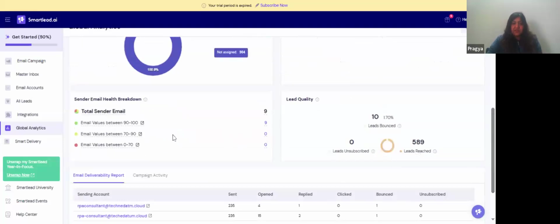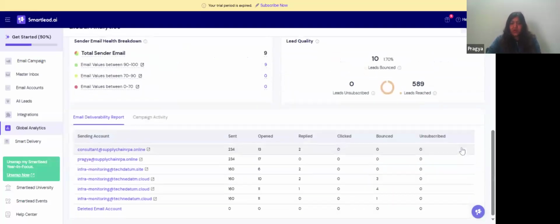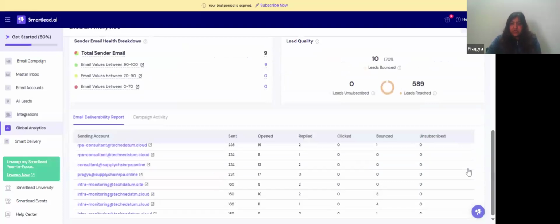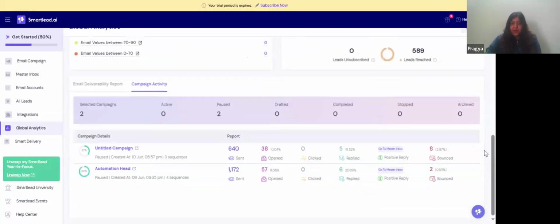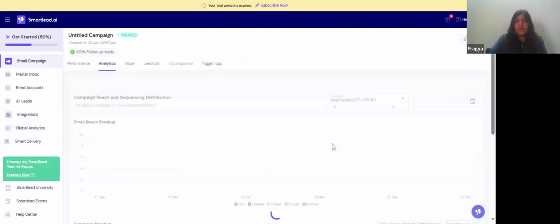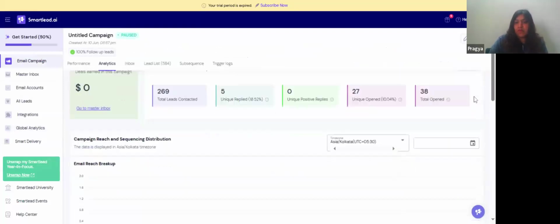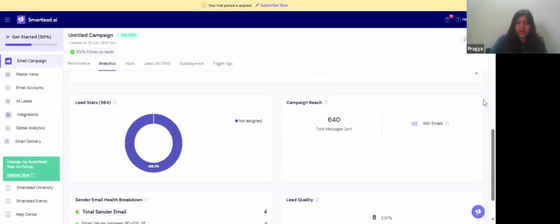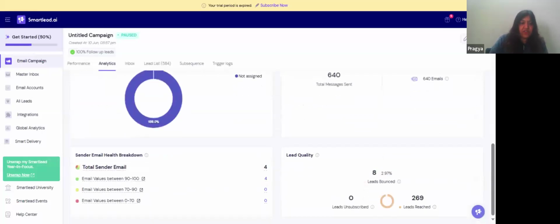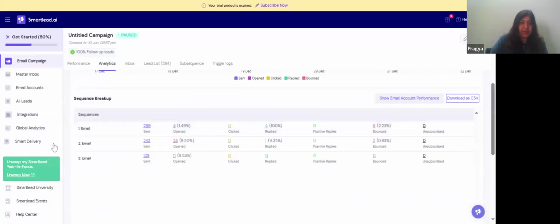These are the metrics, and you can absolutely see which email did what, who unsubscribed, which email worked for me, which did not. If this worked out for me, I could check it further. Then I can go on campaign activity and check which campaign performed in what way. It's pretty much the same stats. Let's click. You can see it would just give better metrics, obviously, if you've reached out to more people or if you're doing it subsequently every month.